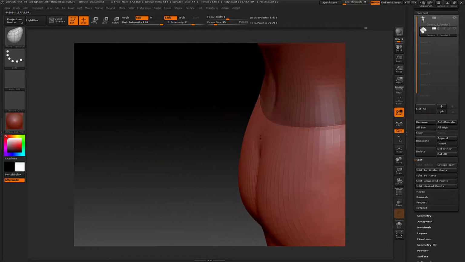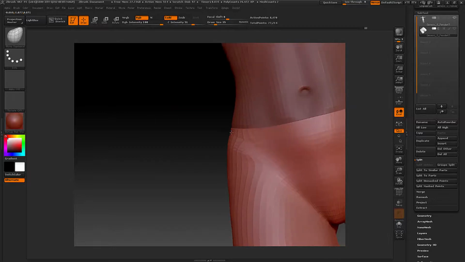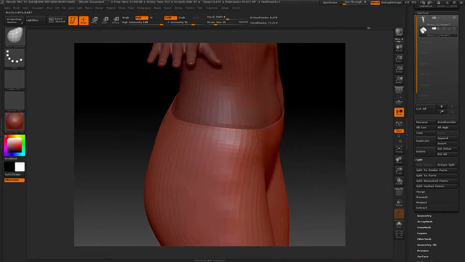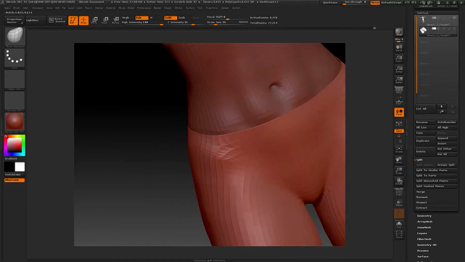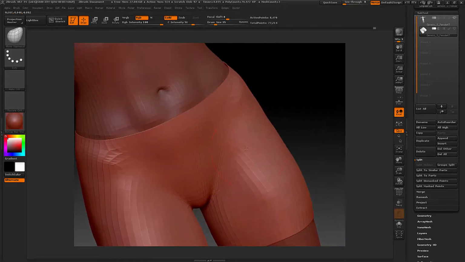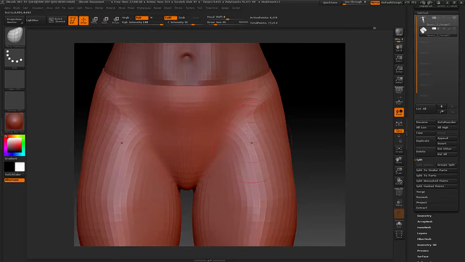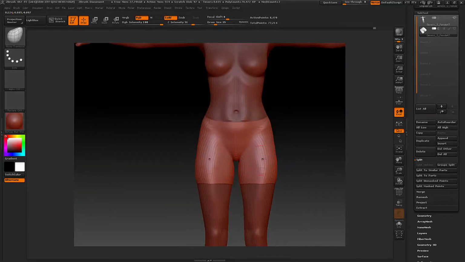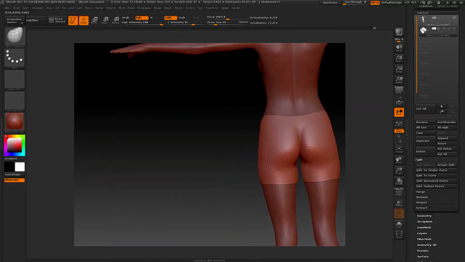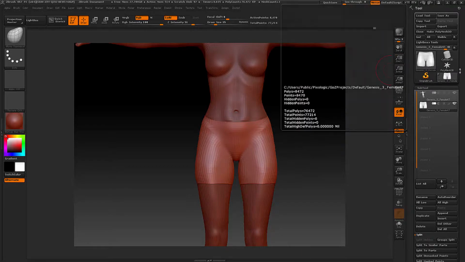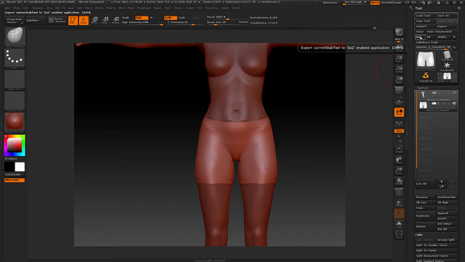So once we get this all together, we'll go ahead and we'll send it to Data Studio just to see what needs to be adjusted and where. Sometimes it just works out this way and it seems to fit out okay. Okay, so it seems that we've got our shorts kind of where we want them. I mean, you can add all kinds of detail to this after the fact, but right now we're just doing edge loops to show you how it's done. Now we'll go ahead and push